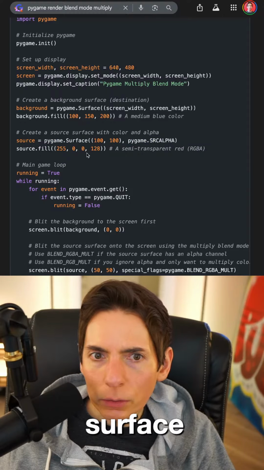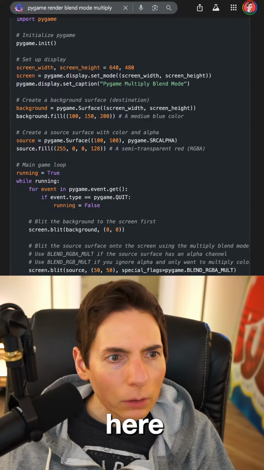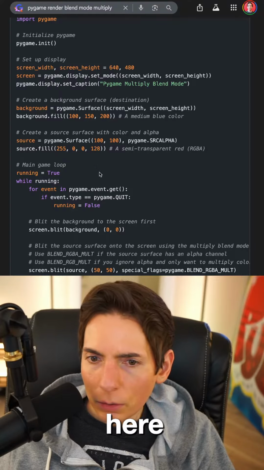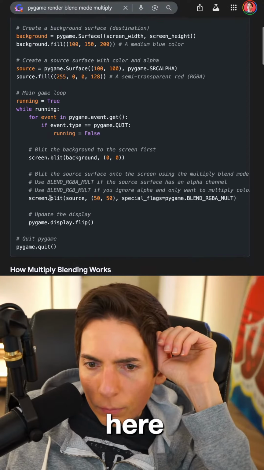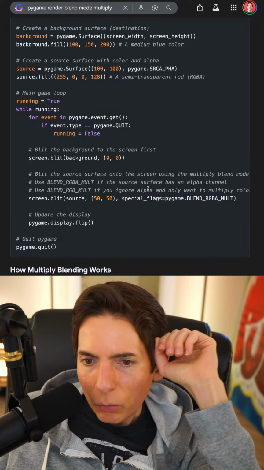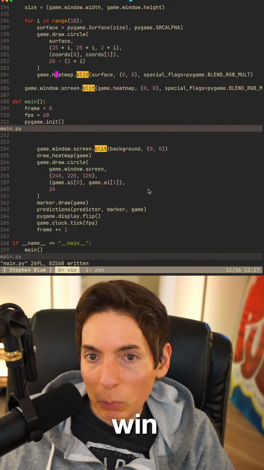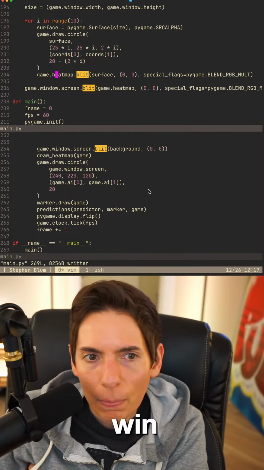Let's see here. Blur, blur, blur, blur. Oh, thank you for the heart icon I just saw show up there. We're getting close. We'll see if we can get this to work, then we will win today. Then we will win. I will count it as a win.